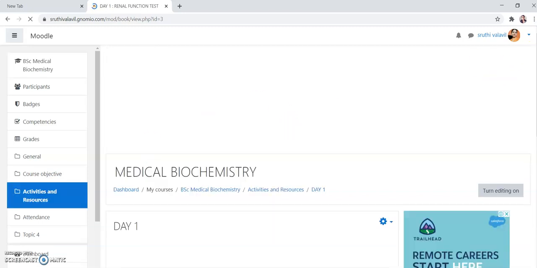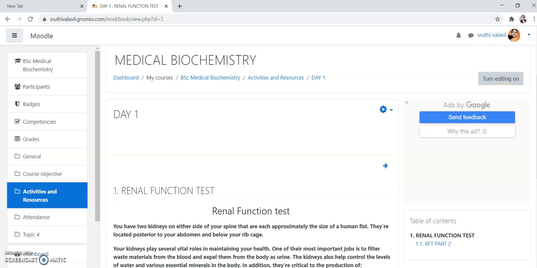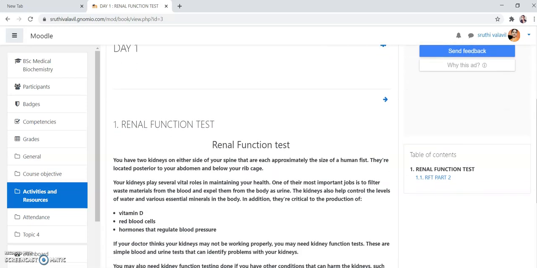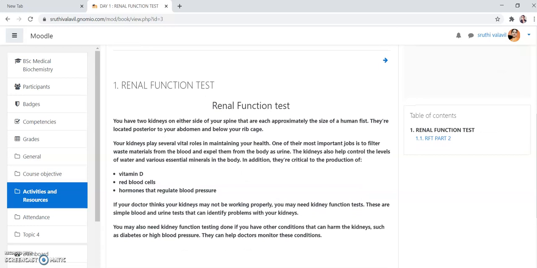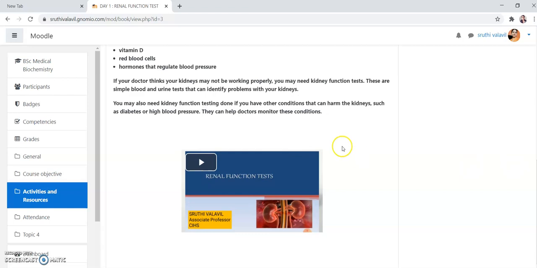In this day 1 folder, you can see my first topic is renal function test. I gave some notes here and our tutorial session about this renal function test. You can click this play button to play those tutorials which are provided by your mentor, right?